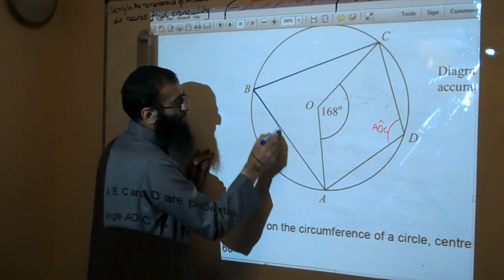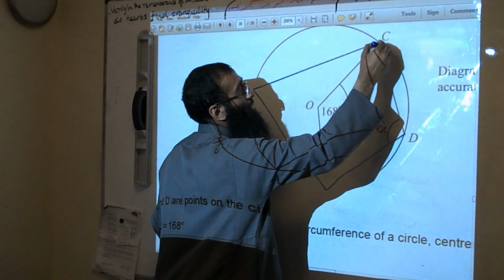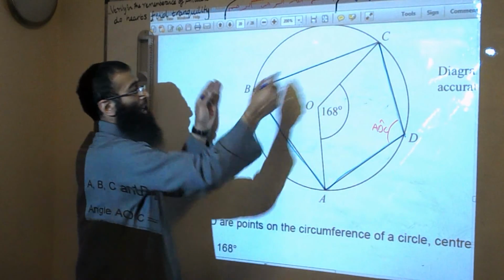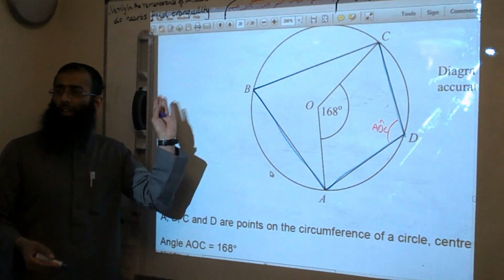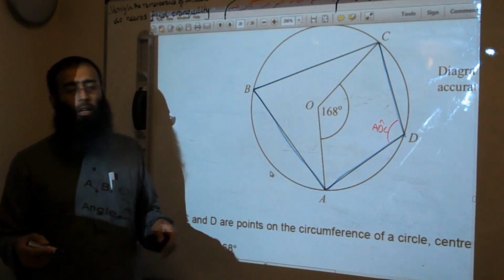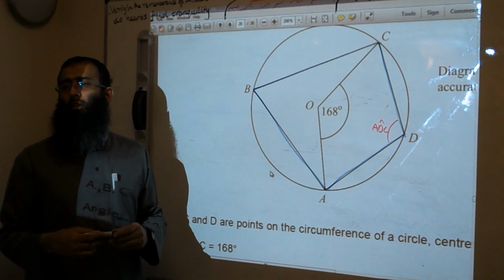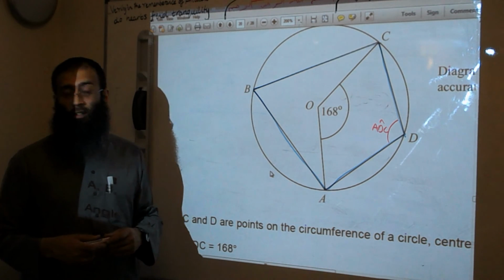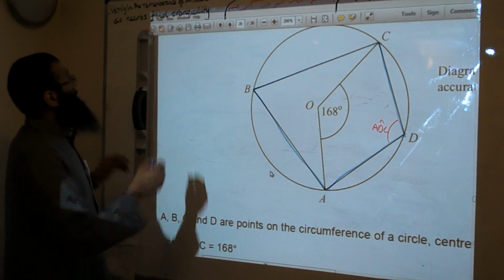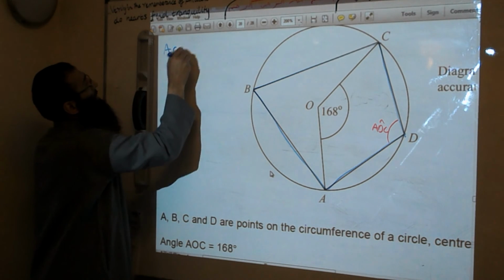which I'm going to go over in blue. Okay, what shape have I made in blue? Ignore everything else, just look at the blue shape. It's a quadrilateral. When you have a quadrilateral inside a circle, it's called a cyclic quadrilateral, not a kite. Okay, so we have a cyclic